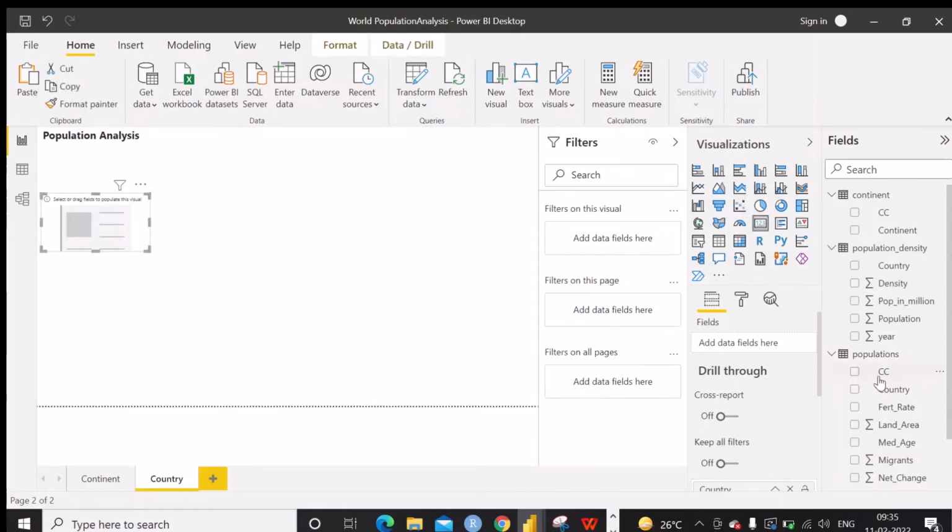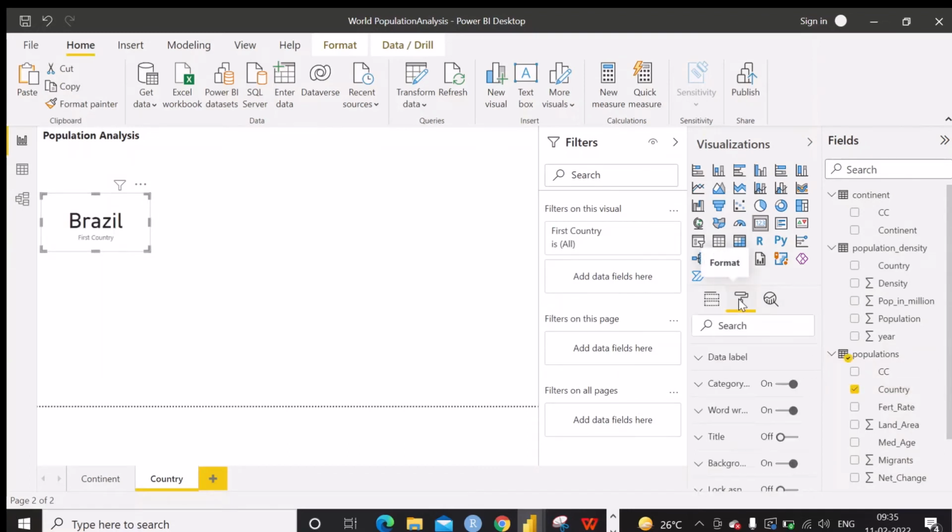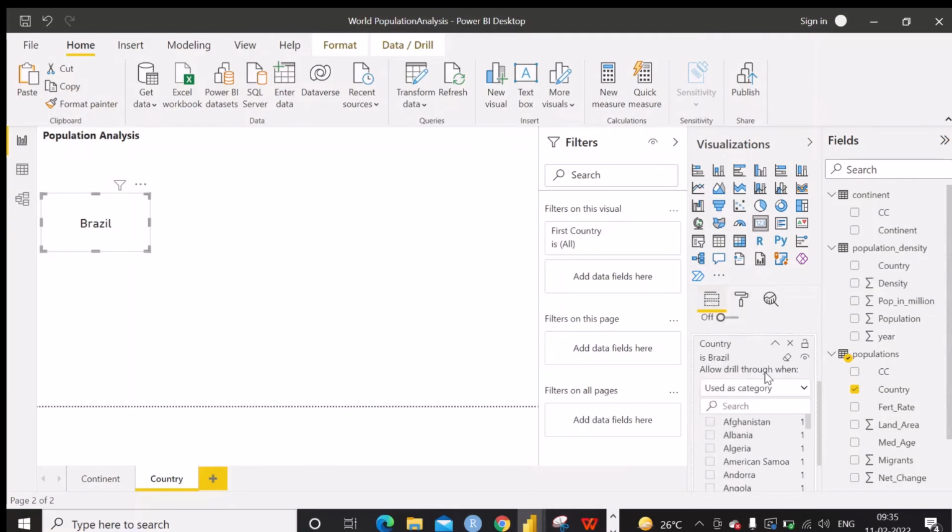Here we need to select the country, format it, instead of 45 let us say it is 25 or 26, whatever it is, and we don't need the category. Now it is going to be used for other country.